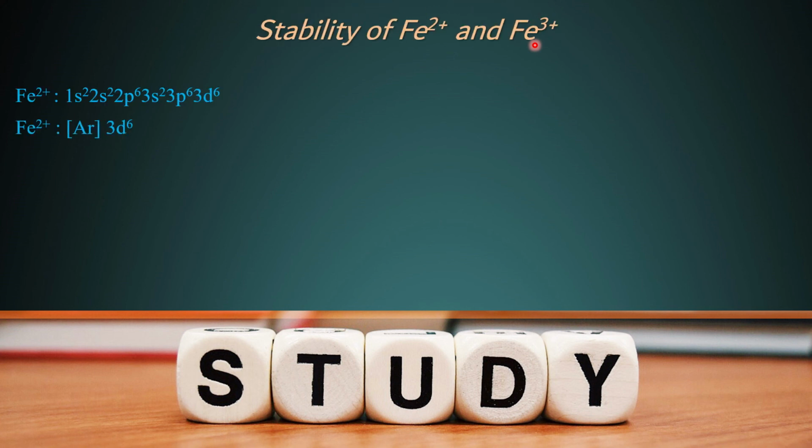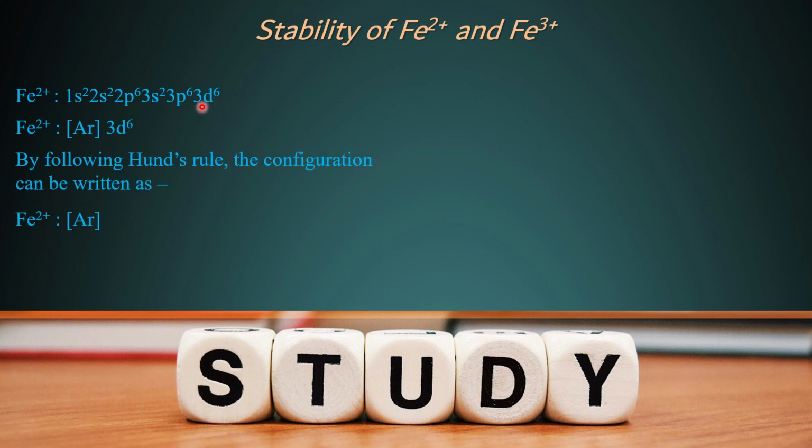That means the electronic configuration of ferrous, 3d6, is neither half-filled nor fully filled. When you write the electronic configuration following Hund's rule, you will see that in the d orbital, five electrons are in the same direction, but one orbital is in a paired condition